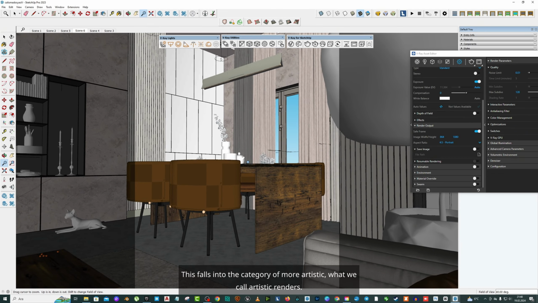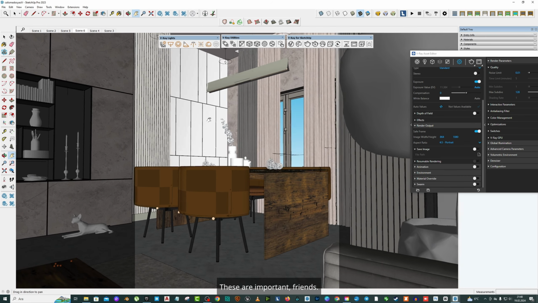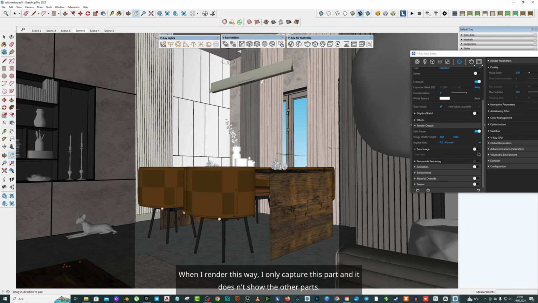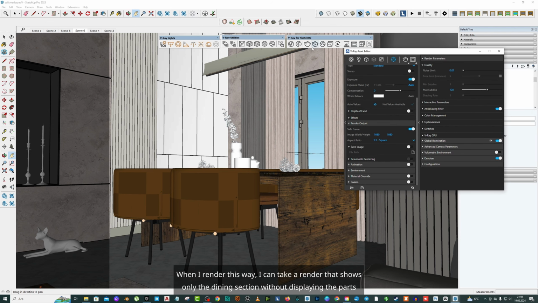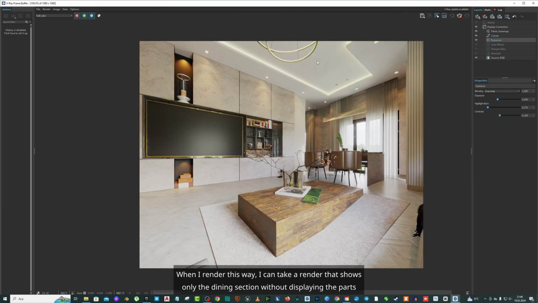This falls into the category of more artistic, what we call artistic renders. These are important, friends. When I render this way, I only capture this part, and it doesn't show the other parts. When I select 1:1 from here, the screen will expand a bit more, and I will capture this area in full screen, friends. When I render this way, I can take a render that shows only the dining section without displaying the parts left outside proportionally, friends. On the screen, there's a slight